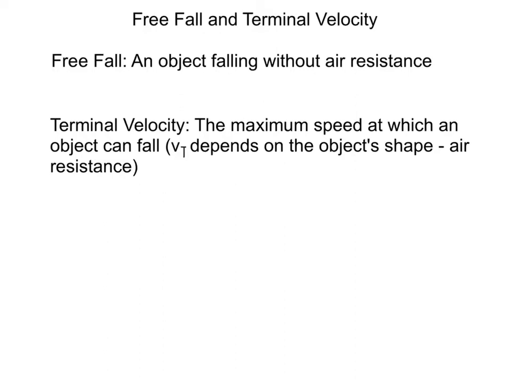We could say that that was in free fall. Technically not, but we can use it to idealize a situation. And terminal velocity is the maximum speed an object can fall. And we use v sub t to represent it. And of course that's going to depend on the object's shape because it depends on the air resistance experienced by